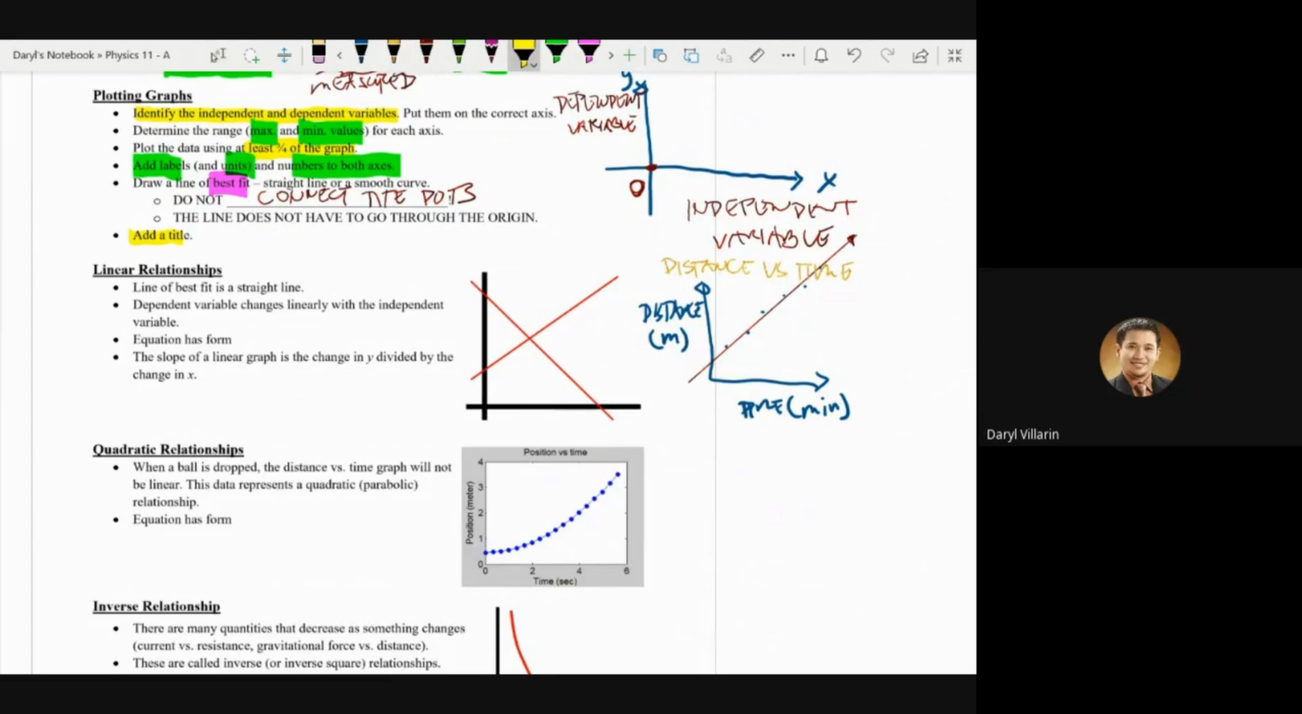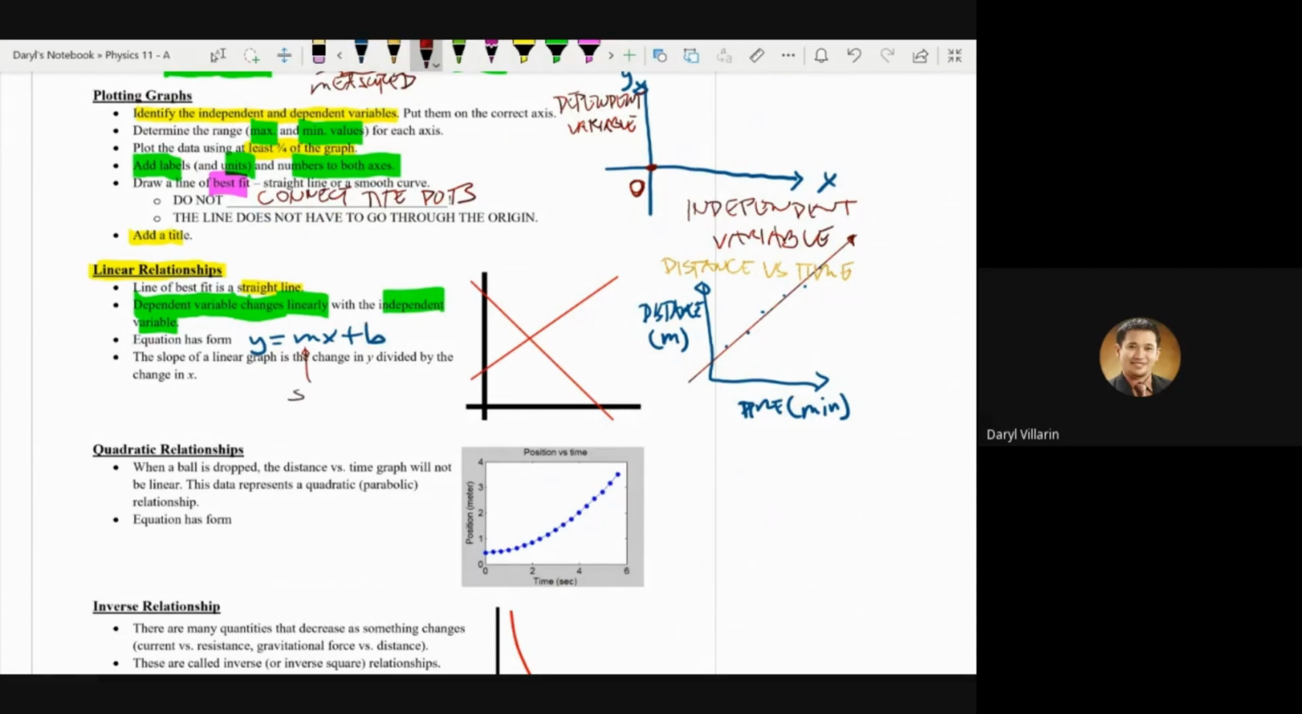So if you have a straight line, this means that y varies directly with your x. The dependent variable changes linearly with the independent variable. So if you have a straight line, again, the dependent variable changes linearly with your independent variable. And if you can remember, the equation is given as y is equal to mx plus b, wherein m